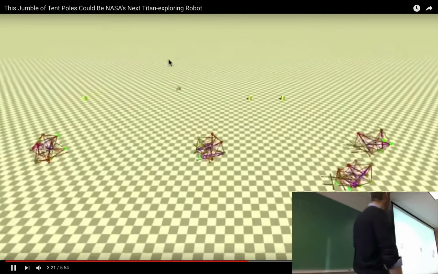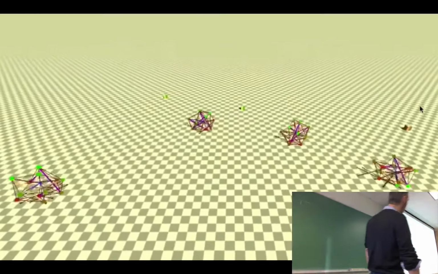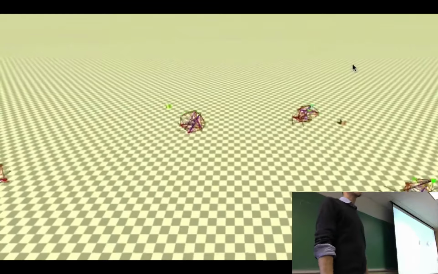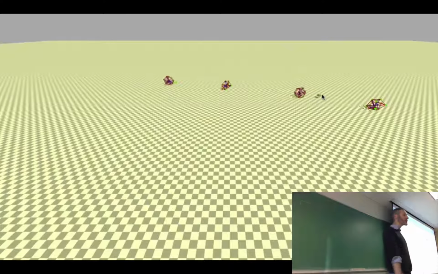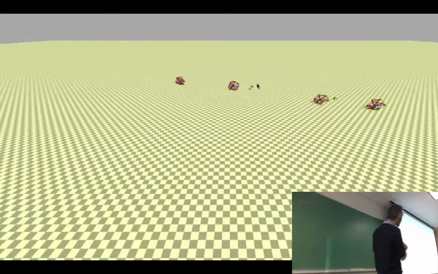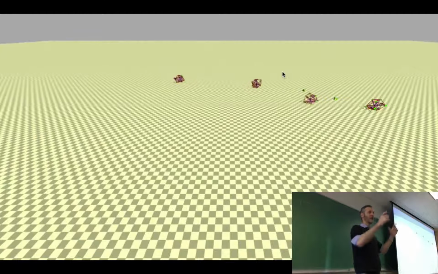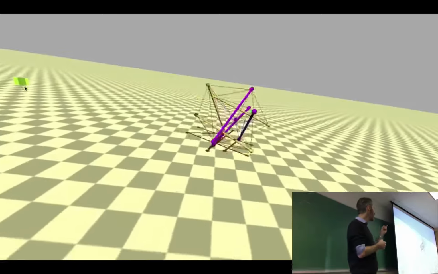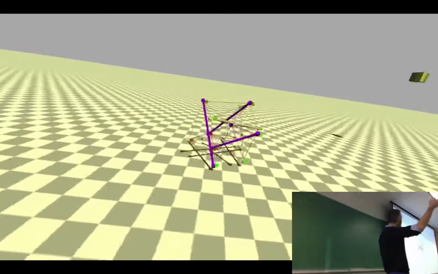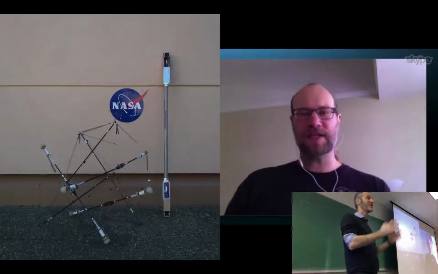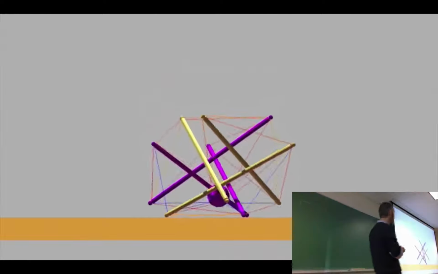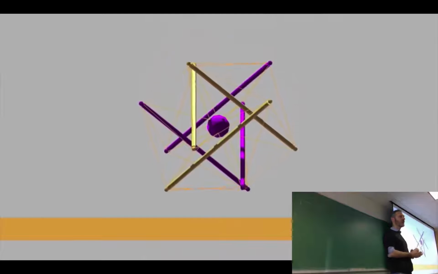And finally, we could take a swarm of them, and each one might have its own target that it's moving towards, and off it goes. Even hundreds all going at the same time. NASA's obviously interested in these kinds of things because they're relatively cheap. It might be much less costly to build a tensegrity robot than one of these wheeled rovers, and it would be great for NASA if they could send not just 2 wheeled rovers to Mars, but maybe a bundle of a dozen or 100 or 1,000, and if even 30 or 60 or 90% of them break or something goes wrong on deployment, even if 10% of them keep going,